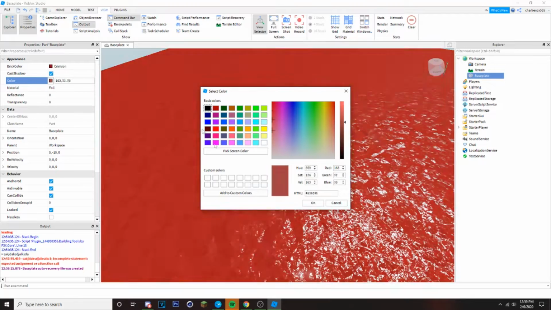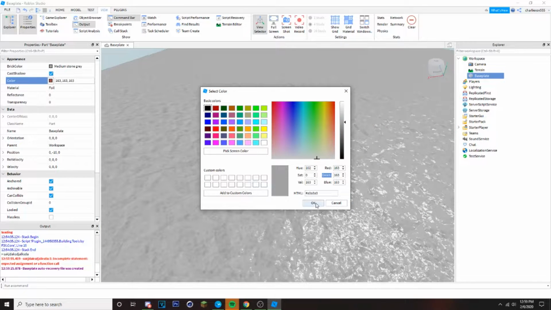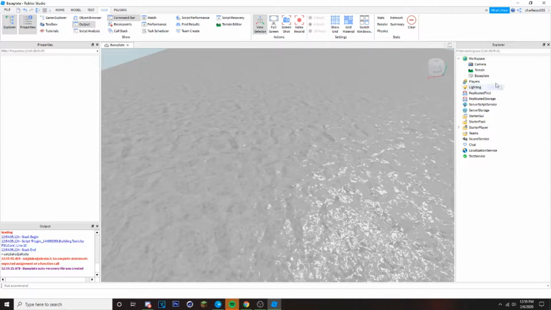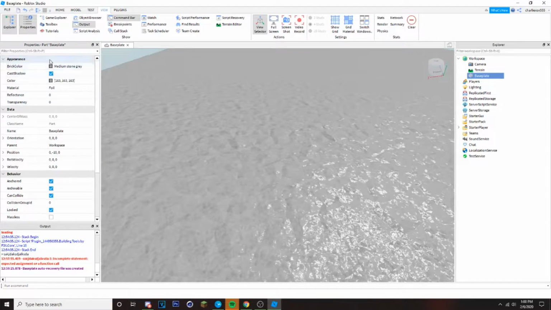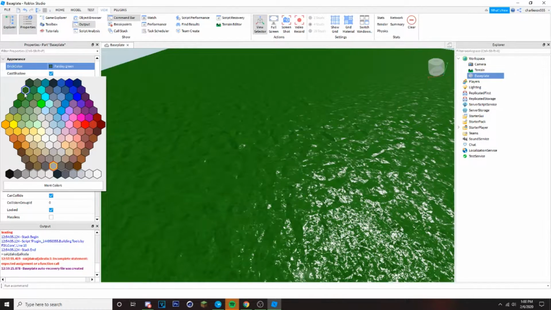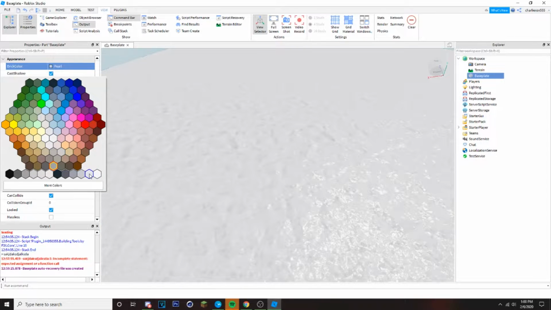Also, this is the Color3 value. Brick color and Color3 values are different. A brick color, it's like this. You can choose the color just with a selection tool. And